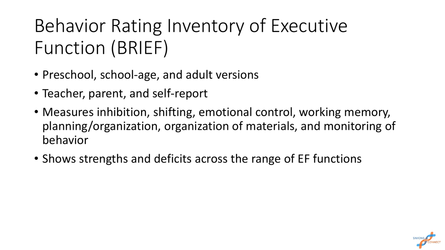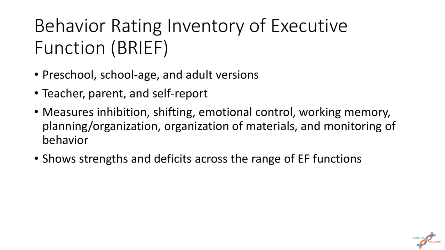So the one checklist that I'll talk about, because it is pretty widely used, is the BRIEF. So there's a few different versions. It does go down to preschool, which is a benefit in that we can actually compare preschoolers to other preschoolers, which can be difficult to do by just looking at them. And then it has school-age and adult versions. In older individuals, there is self-report, but we also can compare teacher report and parent report.